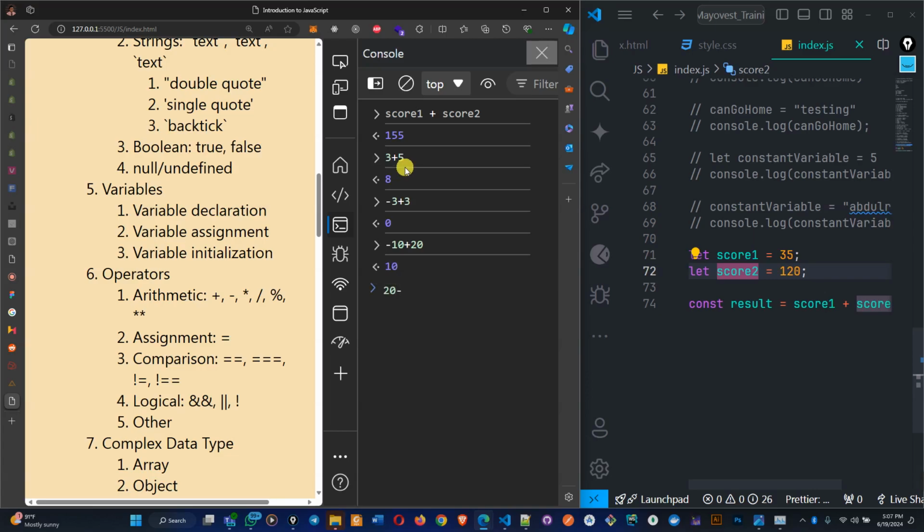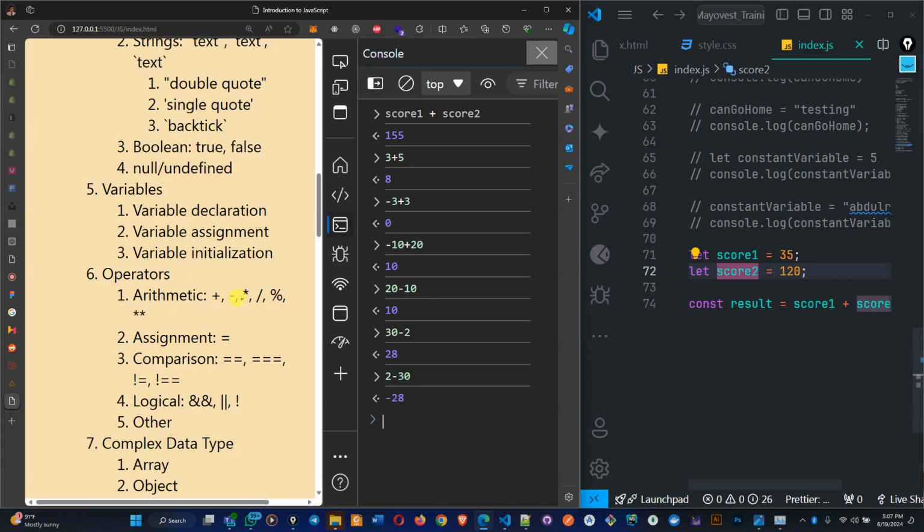Again, you can use the minus, which is what we have next. So 20 minus 10, as you can see, we still have 10. Or 30 minus 2, you see that we have 28. Or 2 minus 30, you still get the value. So just like your normal mathematics, anywhere you need to deal with them, just use the arithmetic operator like this